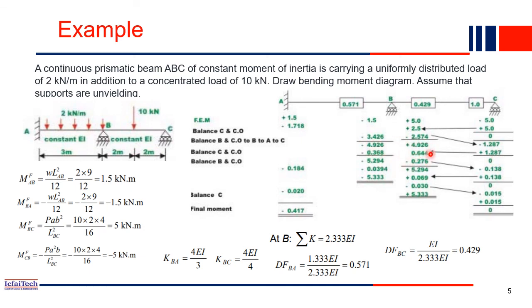So now check how much will be the unbalanced here. So earlier we balanced it, now again 0.644 came. So we have to add now -0.644 to make this support 0. So -0.644 multiplied by distribution factor will come here, and the same multiplied by the distribution factor of this one will come here. So like that, now we made it 0. So whenever you add extra, again half will go here. So like that, the loop will continue until and unless we get 0 at all the supports.